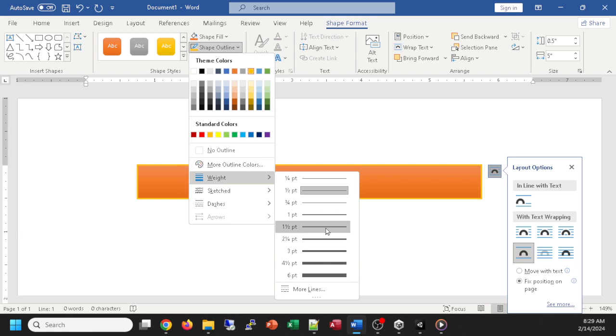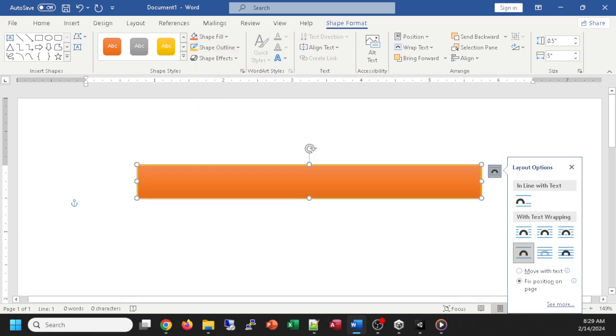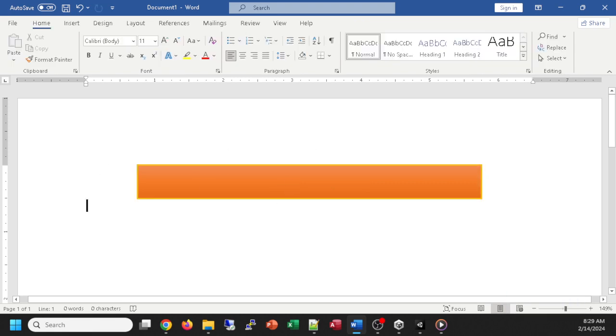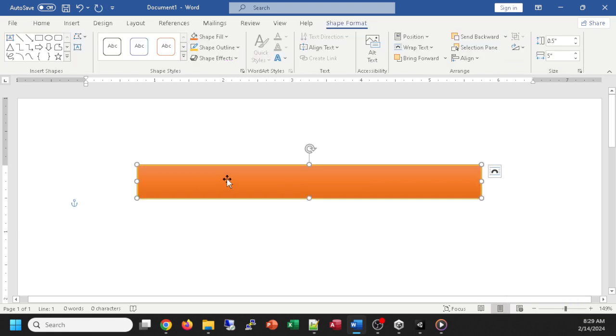Without it being larger than 1 point, you can hardly tell it's there. So let's make it 1.5 point. Just a little slight effect around. If I deselect it, you can see that little border. And let's see, are we done with that yet? Let's see what else we want to do. I think we're going to want to put some